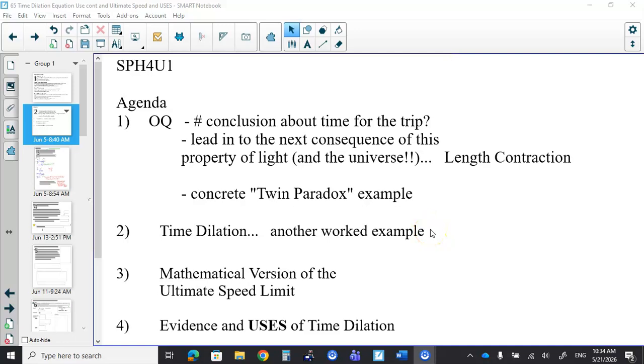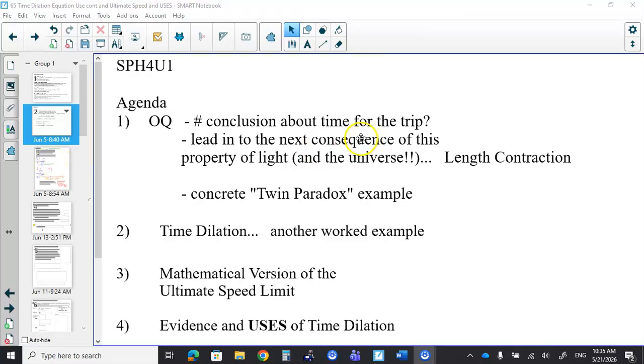Hey there, everybody. We're going to look at time dilation a little bit more. It's worth the time to get used to the different things, like which one's the relativistic time and the proper time and all that stuff, and a couple other ways of justifying the ultimate speed limit, and even actually justifying why time dilation happens at all is the goal today.